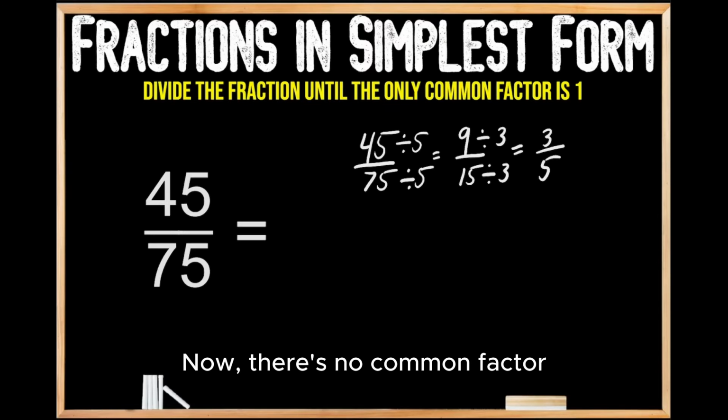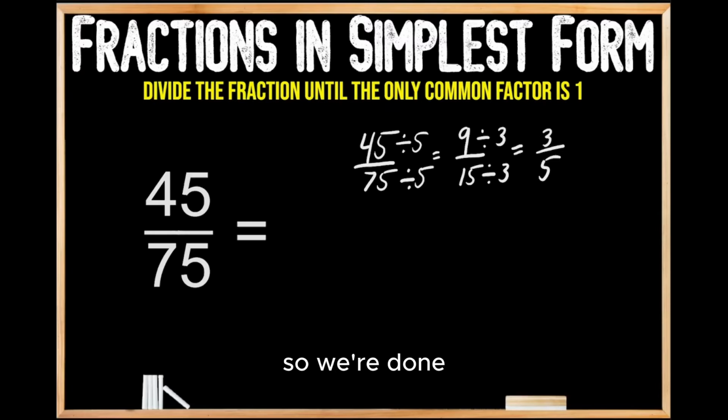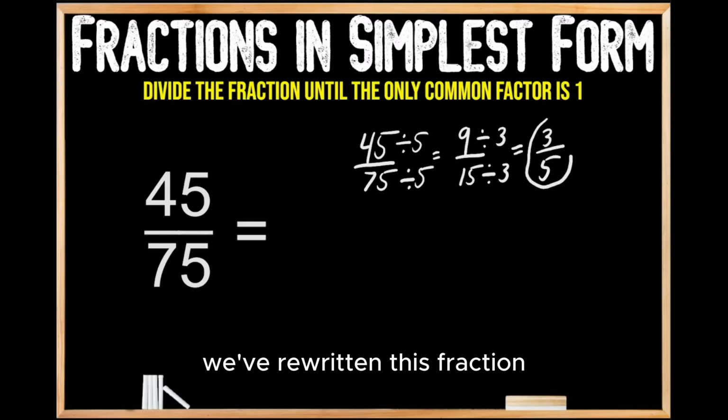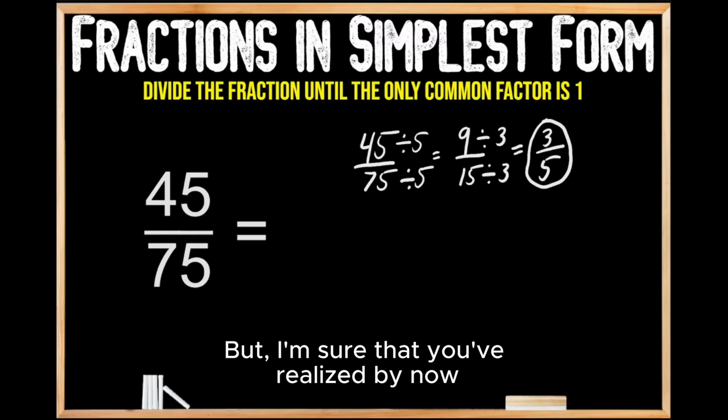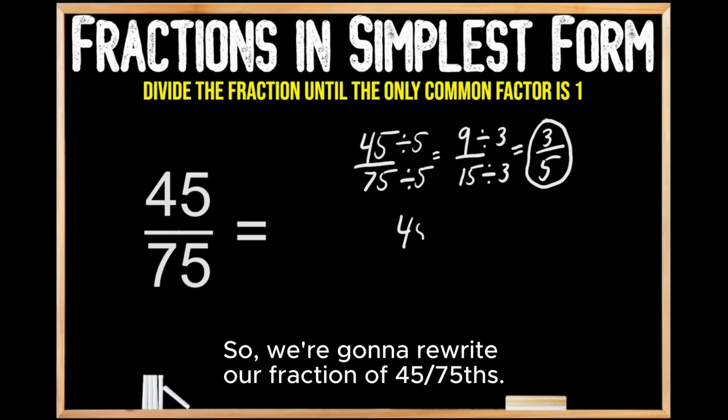Now, there's no common factor other than 1 between both 3 and 5, so we're done. We've rewritten this fraction in its lowest possible terms, or its simplest form. But I'm sure that you've realized by now that there is another way for us to do this. So we're going to rewrite our fraction of